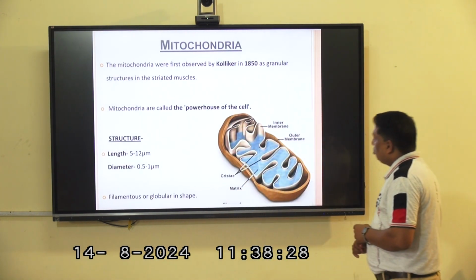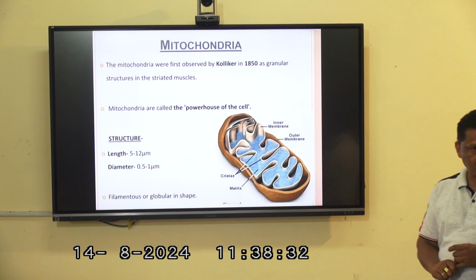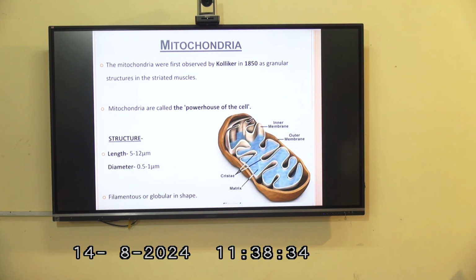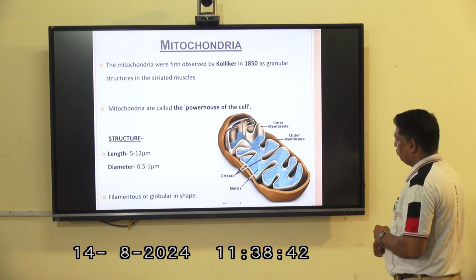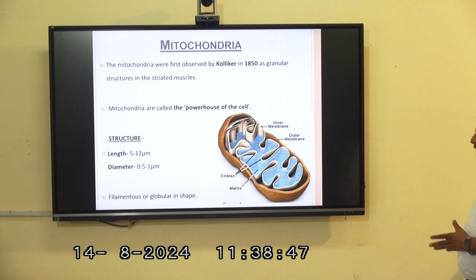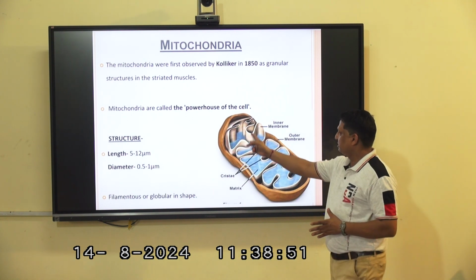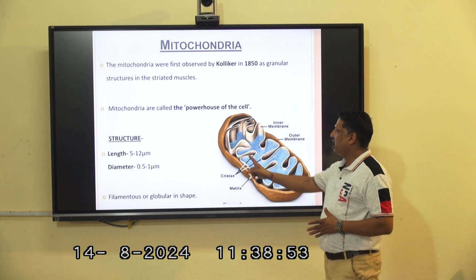So as I told you earlier also, the cytologist Palade firstly told us about the granular structure in the striated muscles, and mitochondria are also called the powerhouse of the cells. This diagram is indicating, you can see here, the inner membrane, outer membrane, and just like that they have the different